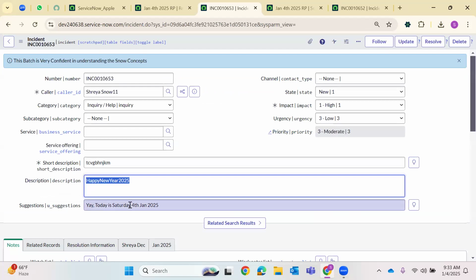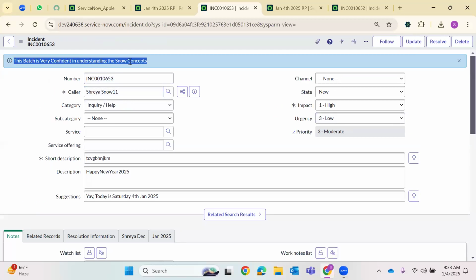See, yeah, this is today's Saturday, 4th Jan 2025. And impact is 1 high. The caller is Shreya, who I have selected. This batch is very confident in understanding these no concepts script, whatever I have executed. Guys, you are able to see,